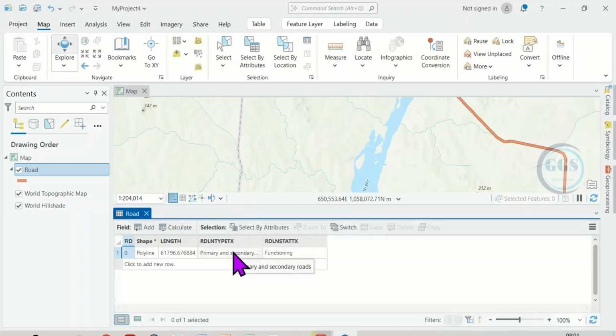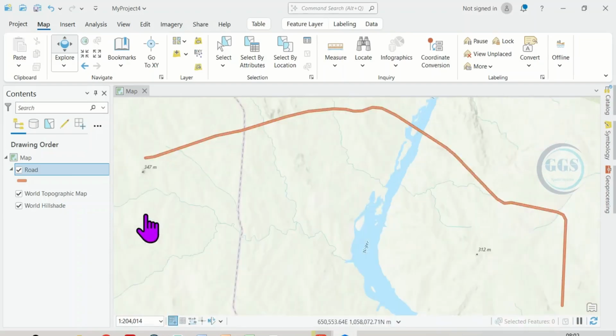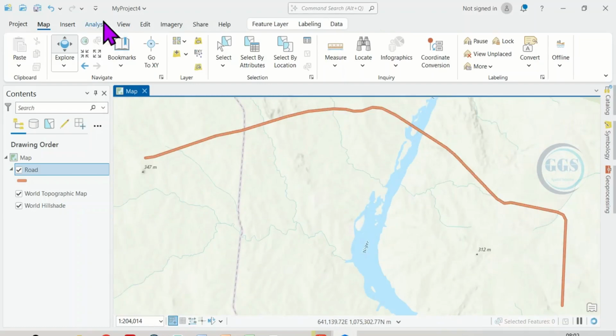Here is the attribute table and you can see the length here. The length is in meters and it's about 61,000 meters. Now, having seen the total length of the road, let's go to creating points at equal interval along the road. To do that, come to analysis